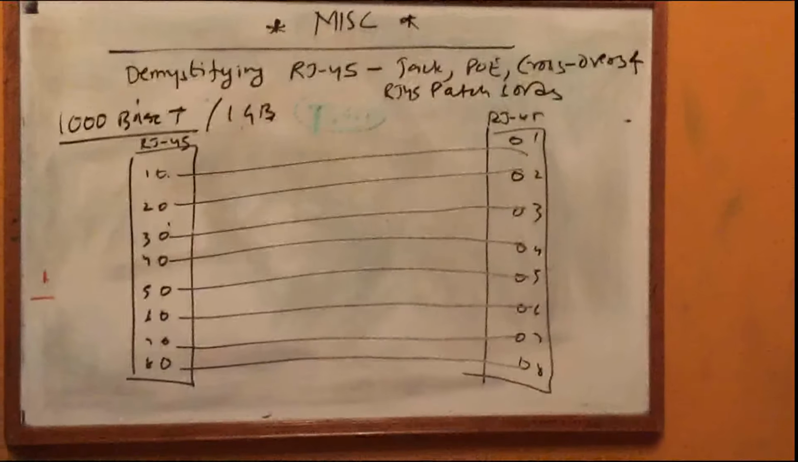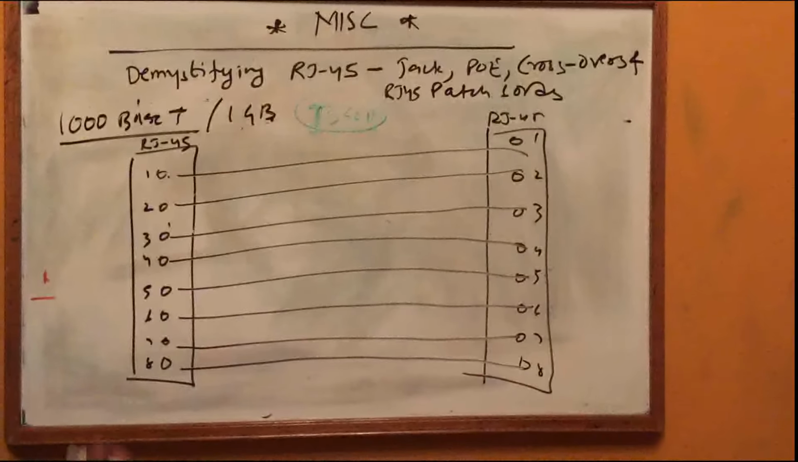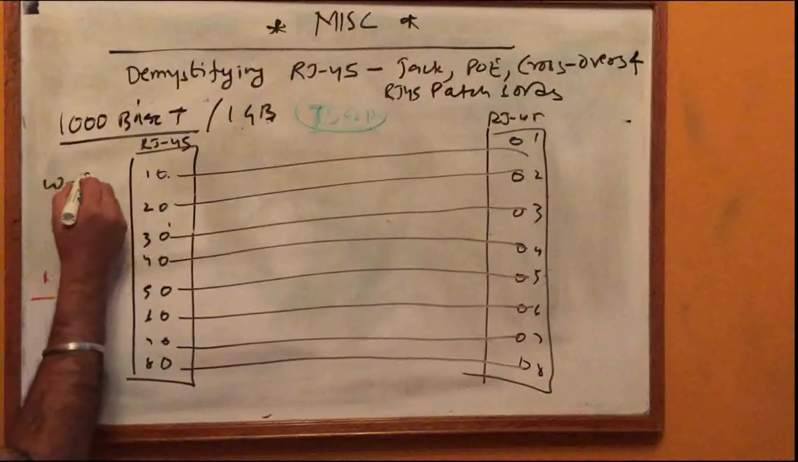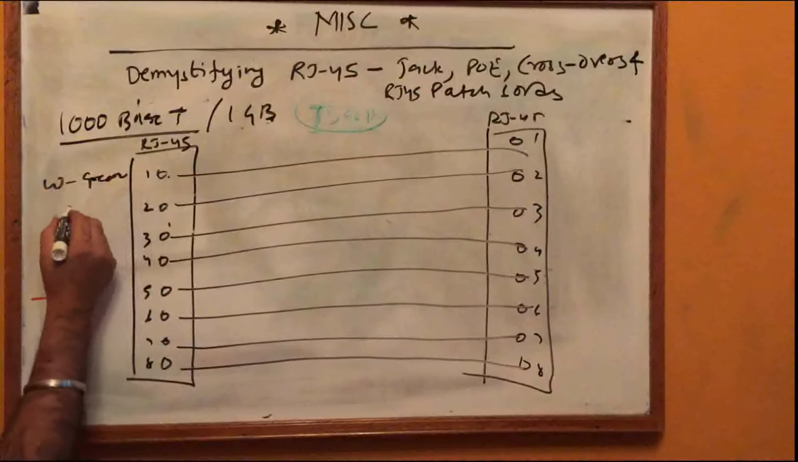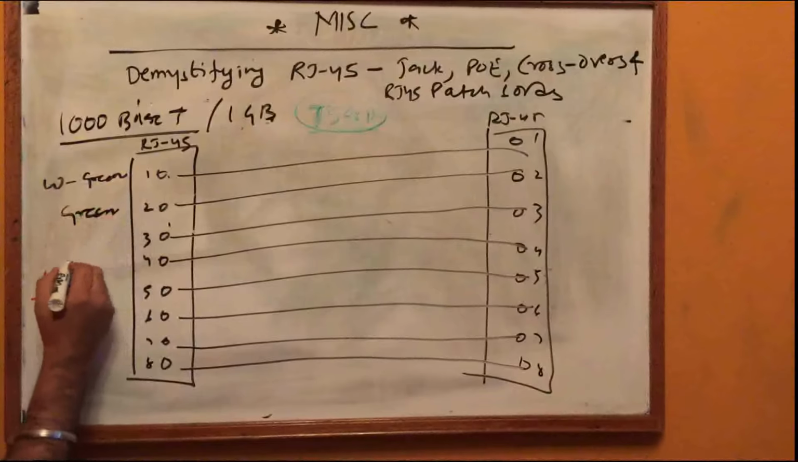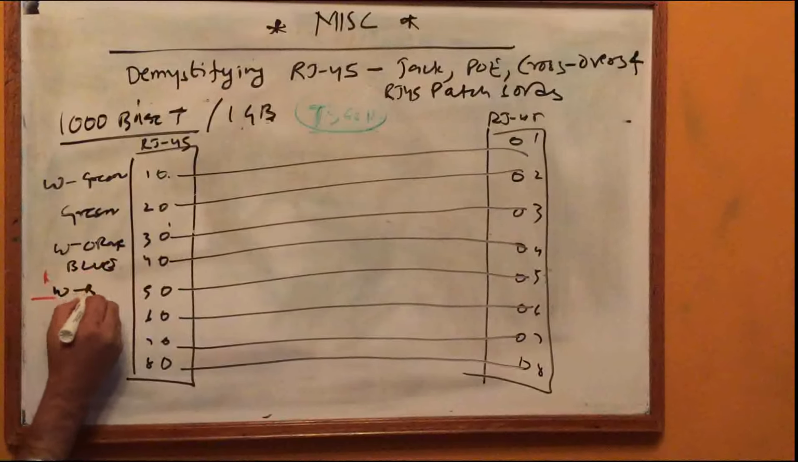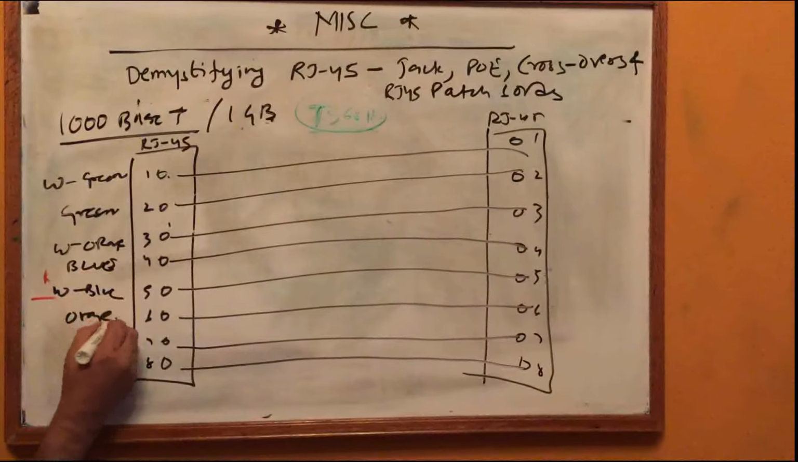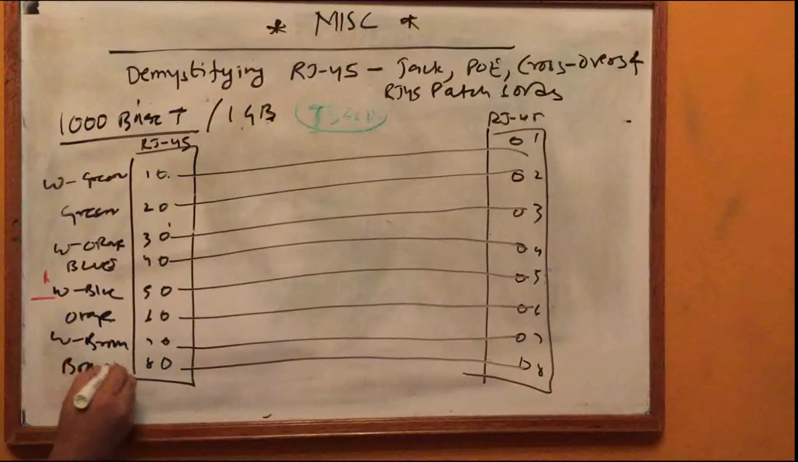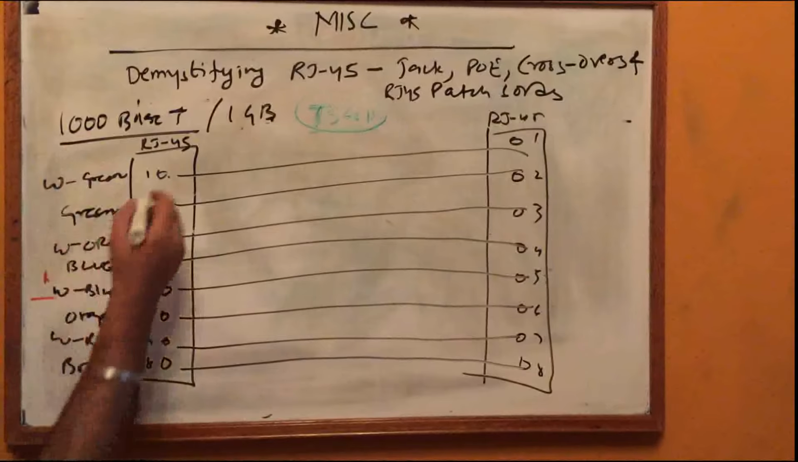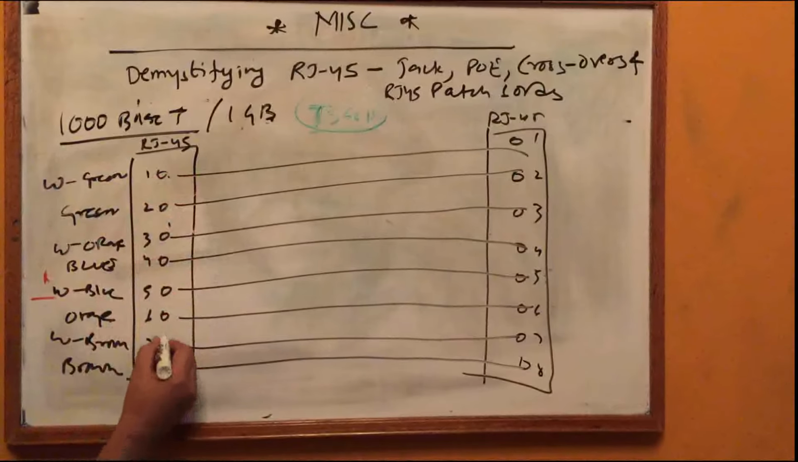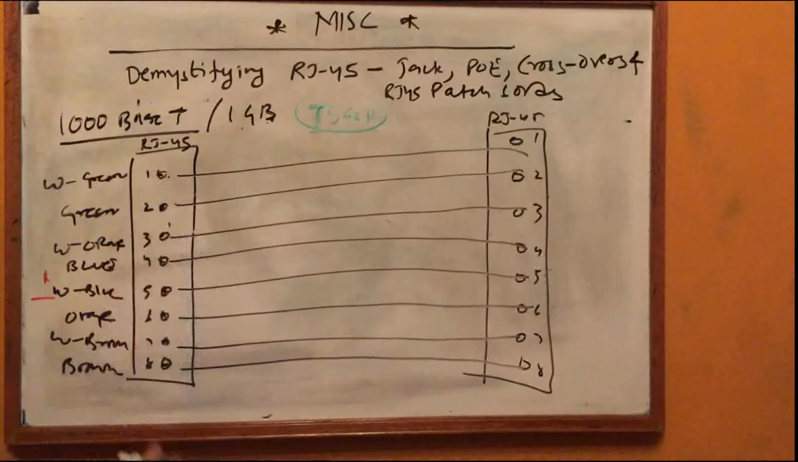So the first one is white green, white orange, blue, white blue, orange, white brown, and brown. If you look at this, the color scheme is the same, right? We did not change the color scheme. But what we call these pins is actually a little different. What these pins are called, right? So these pins are basically called